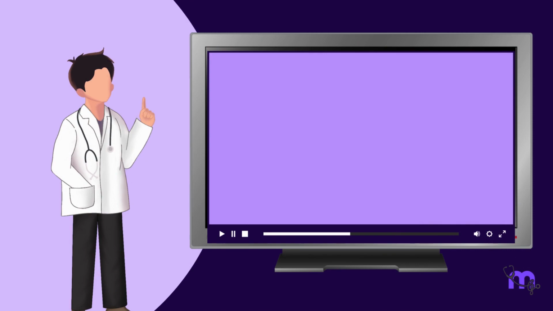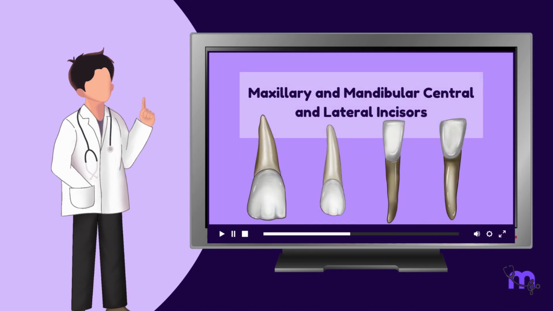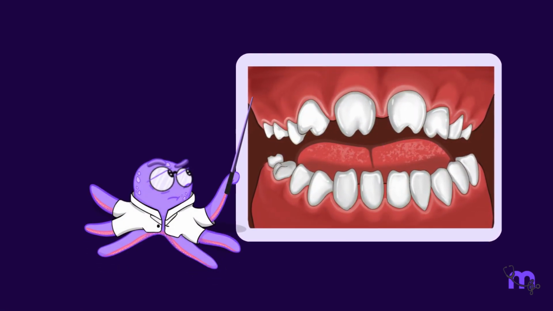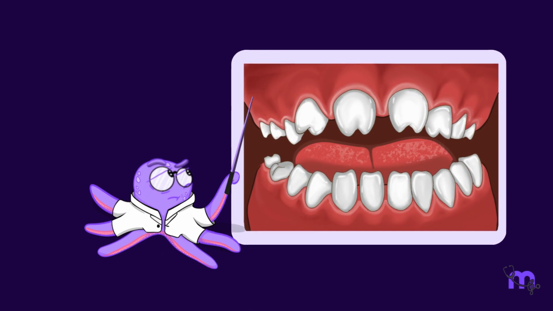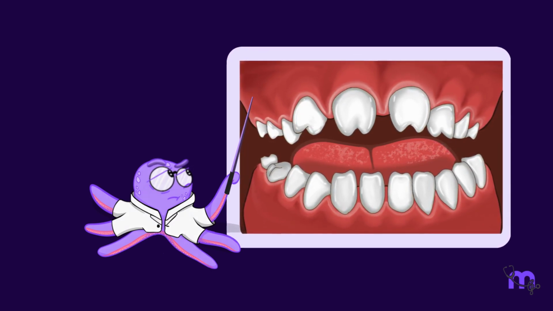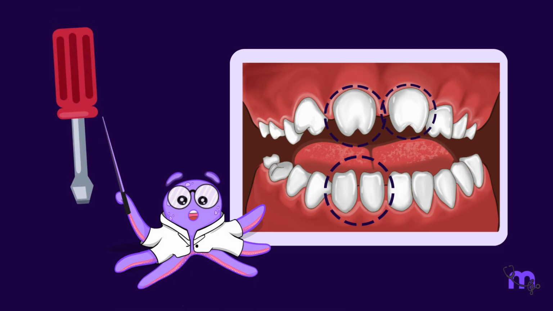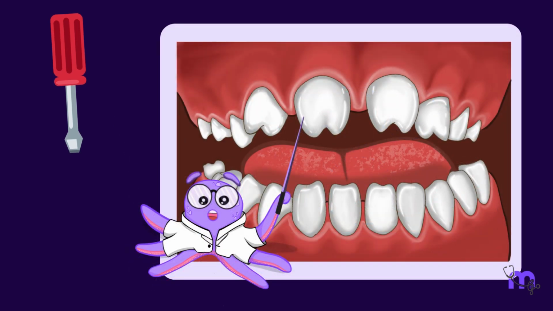I hope that now you have an in depth understanding of the anatomy of all the incisors. Now, as we wrap up this video, let us take a close look at this image. Do you notice something interesting or unusual about the incisors? Do these incisors remind you of the blade of a screwdriver? These unique incisors are notched at the end, forming a crescent shaped deformity.